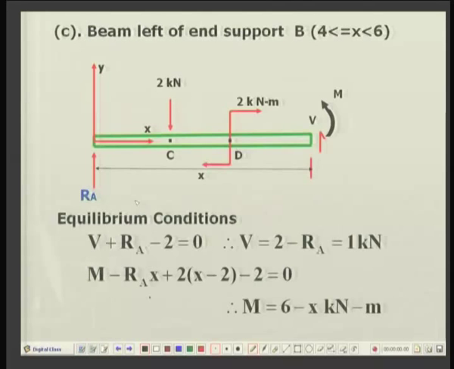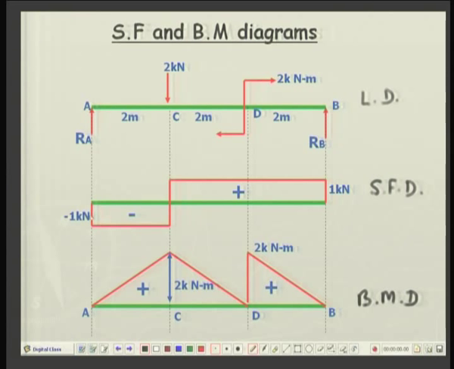Okay. So, 1 kilonewton negative, which was constant in that section, and a linear function for bending moment. And then at this point C, there is a concentrated load of 2 kilonewton. So, there will be a jump indicating 2 kilonewton. So, 1 kilonewton, 1 kilonewton. So, this discontinuity amounts to 2 kilonewton, and after that there is no loading here, only there is moment.